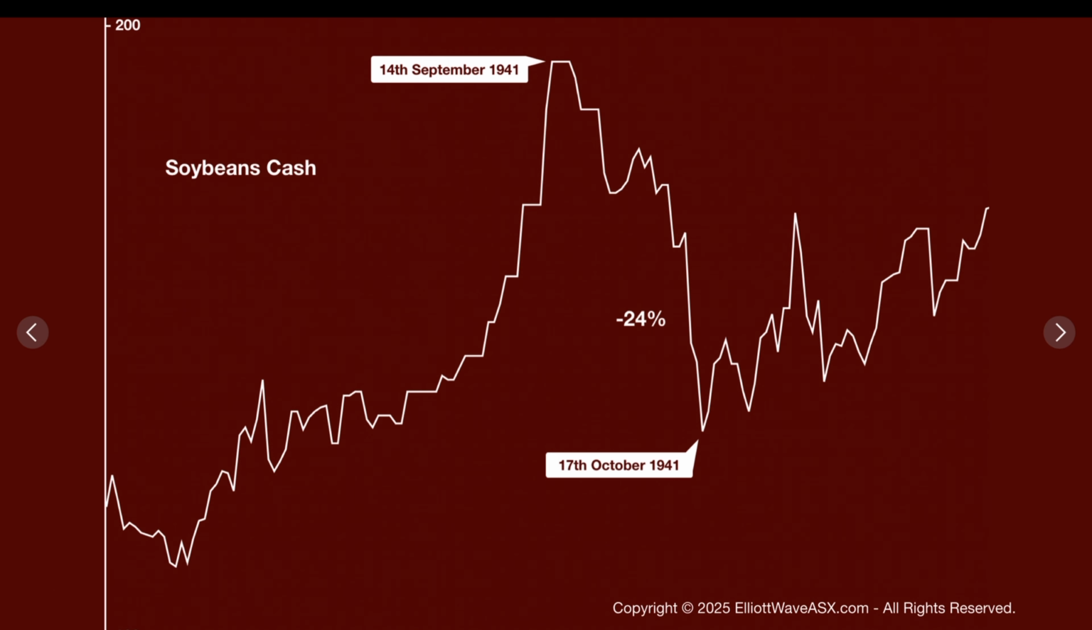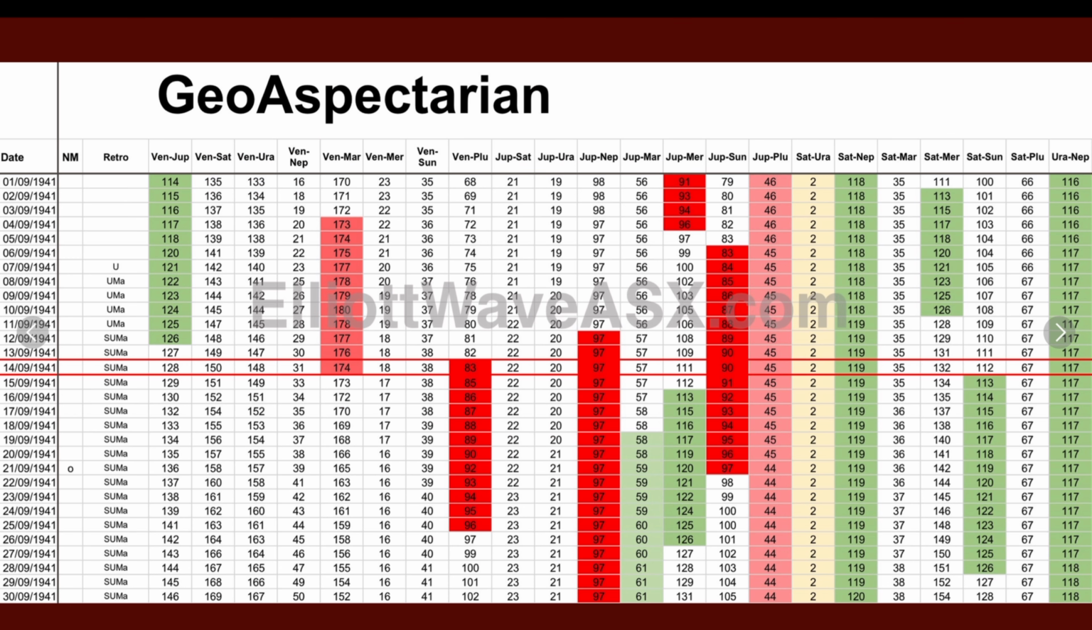Now back to Gann's commodity market timing. If we look at a geo-aspectarian for the high on the 14th of September 1941, we can see that Venus-Mars is opposite,